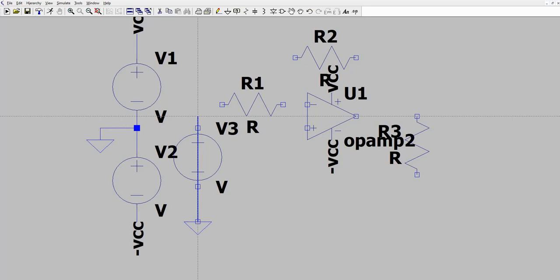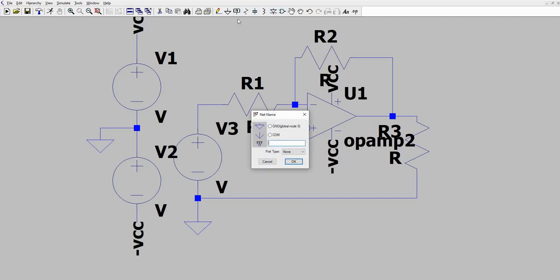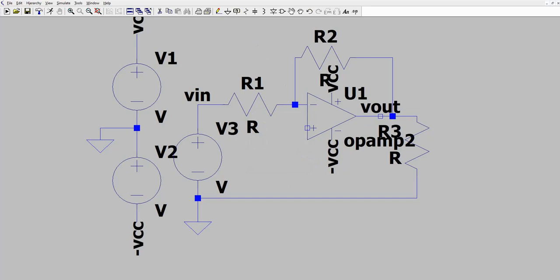Then we need to connect this our feedback R2, R3, then let us add a label for V in for our input voltage and V out for our output voltage. So let us just include that.